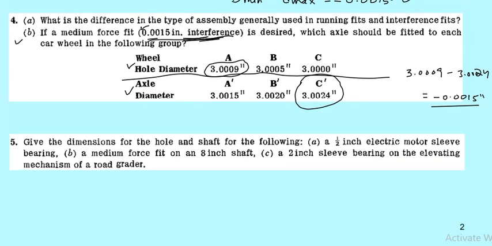एंड लास्टली लास्ट प्रॉब्लम, यू हैव 3 पार्ट्स हेयर. इसके 3 पार्ट्स हैं. आपको इसके अंदर बेसिक साइजेस गिवन हैं इंचेस के अंदर इन ऑल 3 पार्ट्स. पार्ट A और पार्ट C के अंदर यू आर नॉट गिवन विद द टाइप ऑफ फिट. ना ही आपको कोई अलाउंस दिया गया है, ना ही आपको कोई इंटरफेरेंस या क्लियरेंस की वैल्यू गिवन है. सो व्हाट यू हैव टू डू इज़ you have to choose a type of fit here.